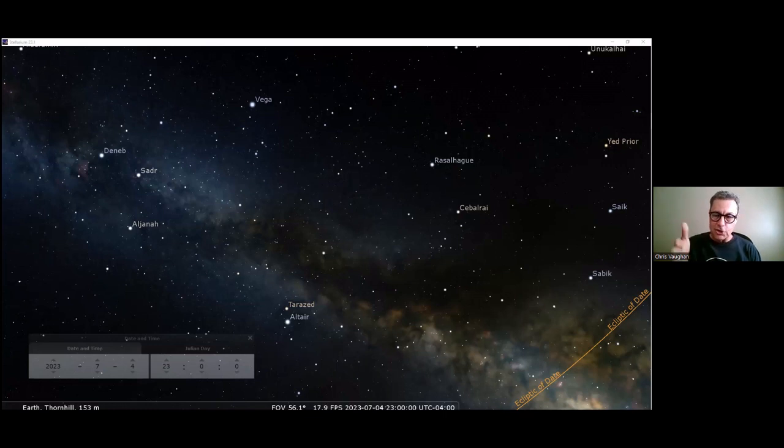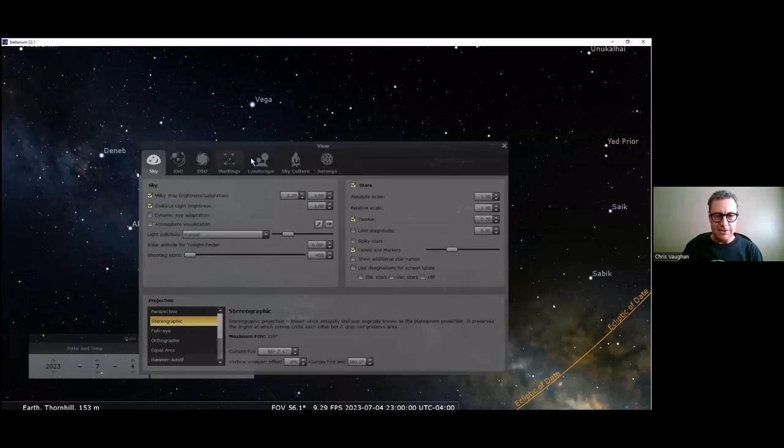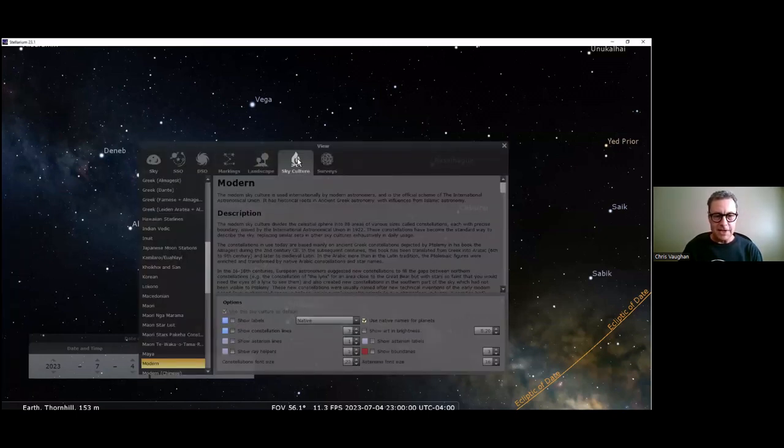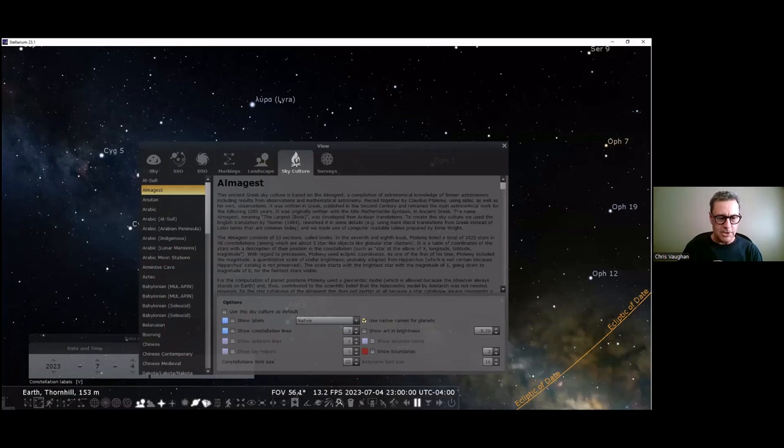And then after the year 0, into the AD, in the early 80s, the 1st century after, you get the Greek astronomer Claudius Ptolemaeus, or Ptolemy, and he produced the Almagest. The Almagest is a famous star chart. And if you go into Stellarium here, go into your sky culture, you're going to find some of these in here. So there's the Almagest as an option. Let me just turn on the